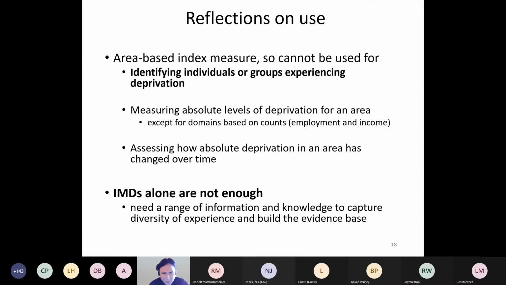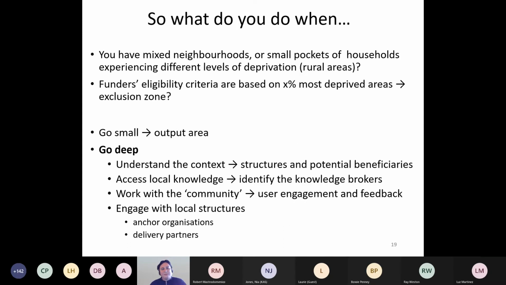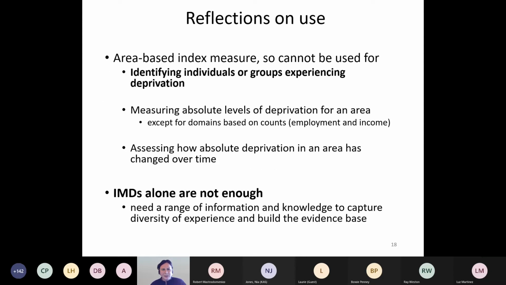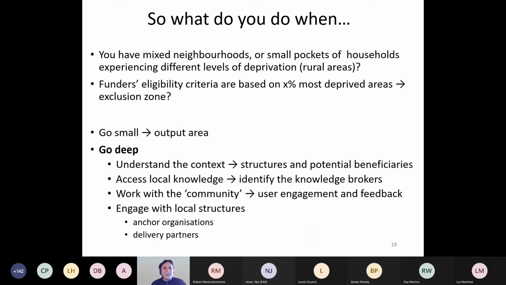Sorry, my eyesight's terrible. So again, okay, we'll skip over the rest of it. That's fine. More time for questions. Okay, so there's 2 things. The bottom point is the main thing. IMDs themselves are not enough on their own, and we need to think about other sources of information. So next slide, last slide. Thank you. So 2 main issues that have come up, for as long as these things have existed.